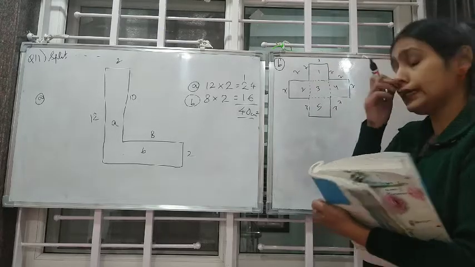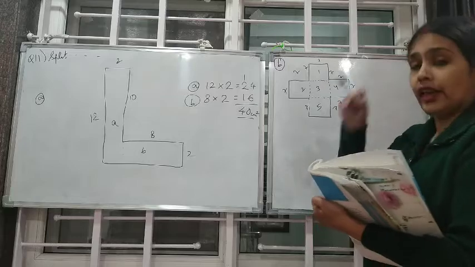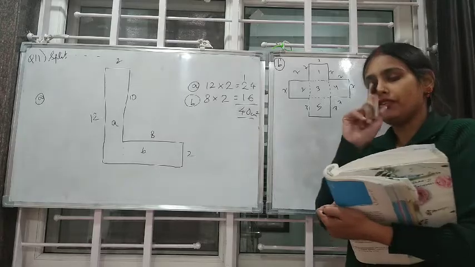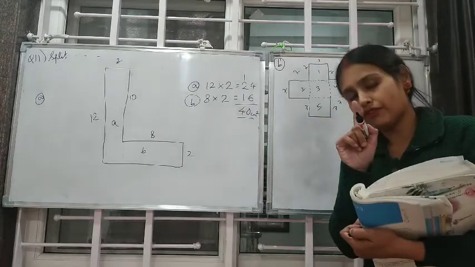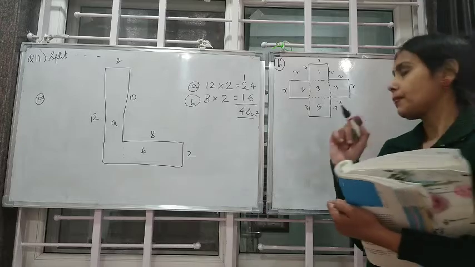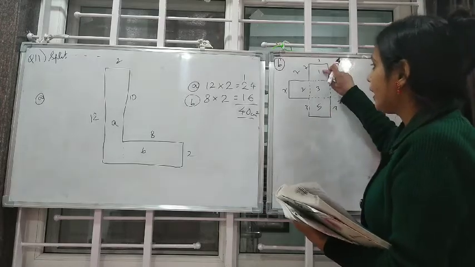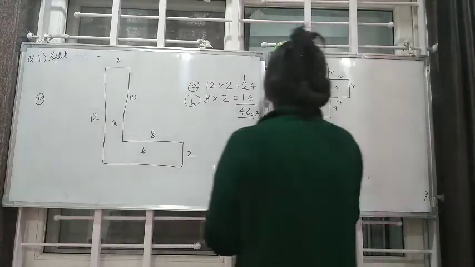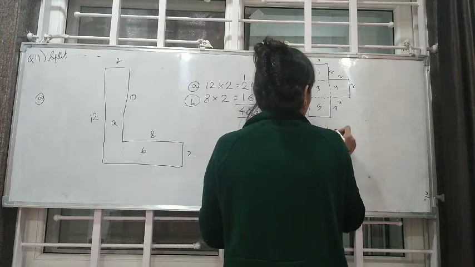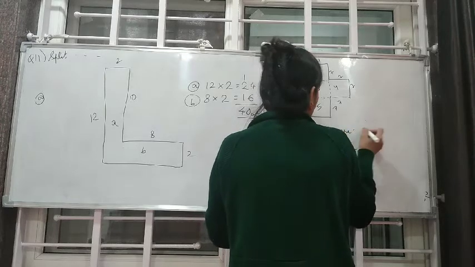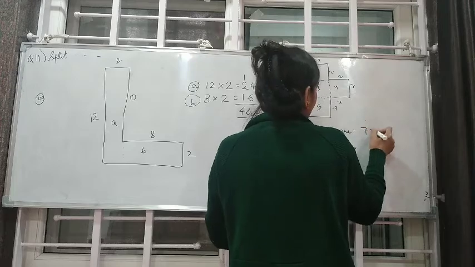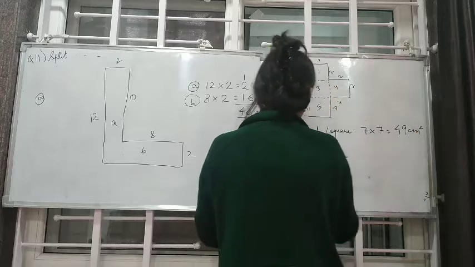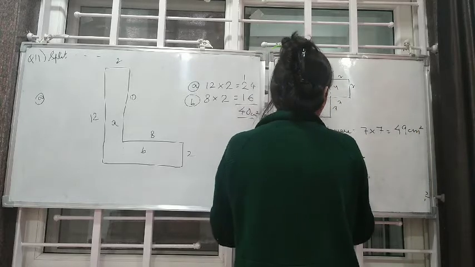Okay. So you find the area of one square and multiply it by 5, just like flower beds. There were 5 flower beds. So we found the area for one flower bed and multiplied it by 5. Okay, so similarly here we find the area for one square and multiply it by 5. Okay, so one square, that is side into side. So 7 into 7, that is 49. Okay, centimeter square.